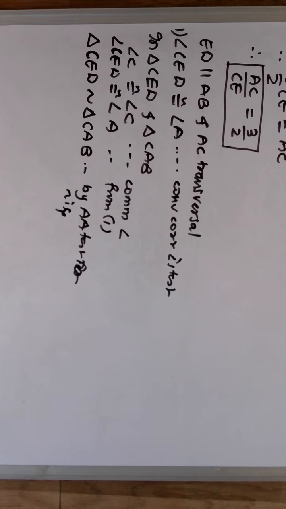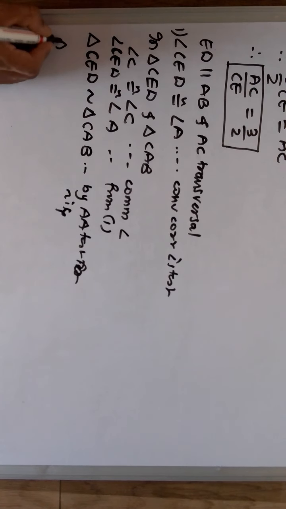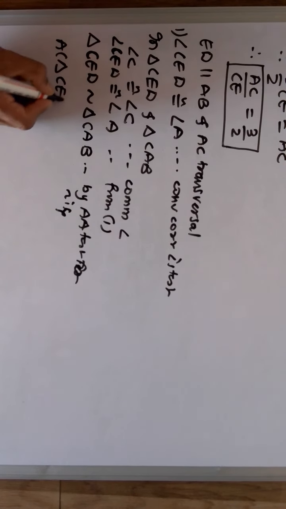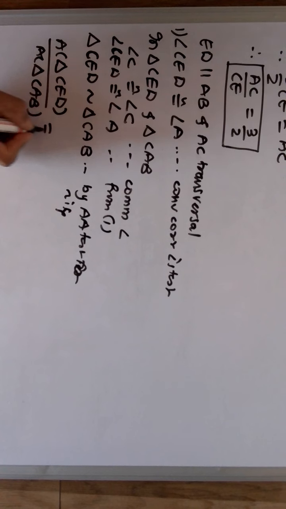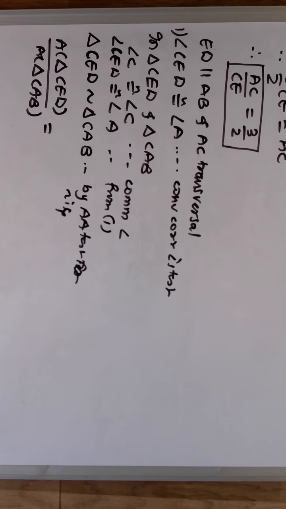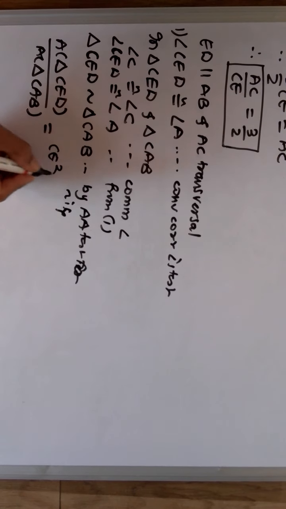Okay, so obviously the area of these two similar triangles, CED to CAB, will be proportional to the squares of their corresponding sides. तो सब साइड लेना है क्या? No, the one which we have already, AC and CE. तो AC is down, CE upside, first second. CE square is to AC square.